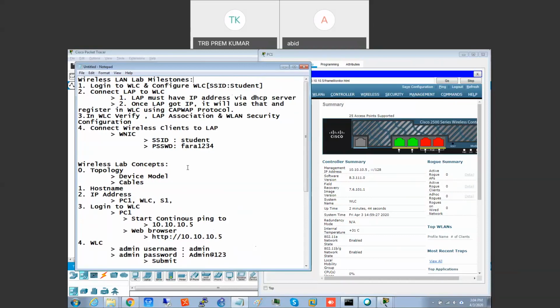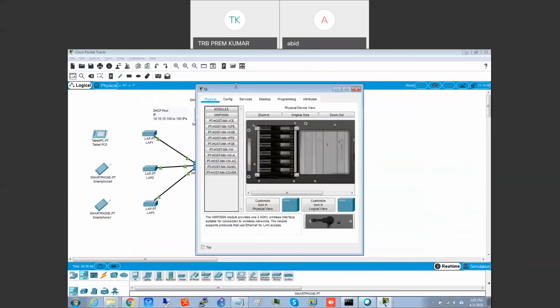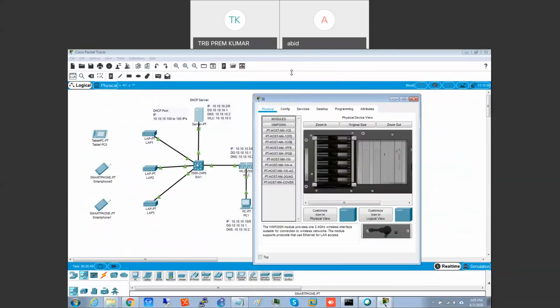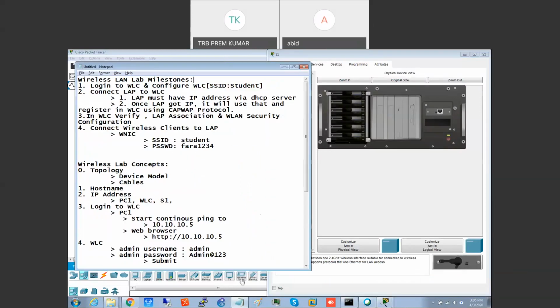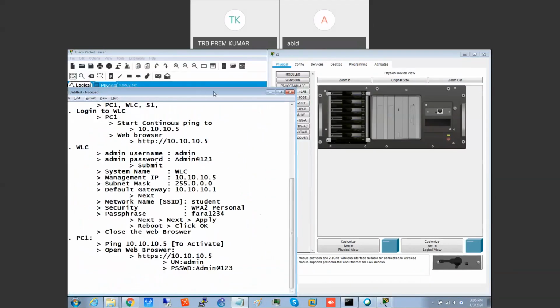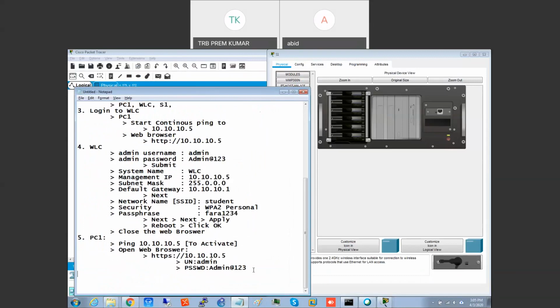Okay. Now let us go to WLC. Sorry, server first. Going to configure. Going to make the server a DHCP server now. For that, let me write down parallelly. I'm going to S1. In S1, I'm going to services.